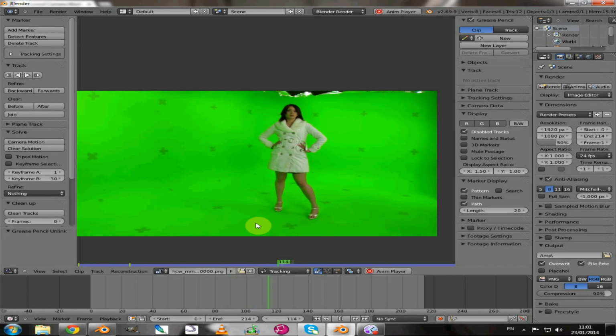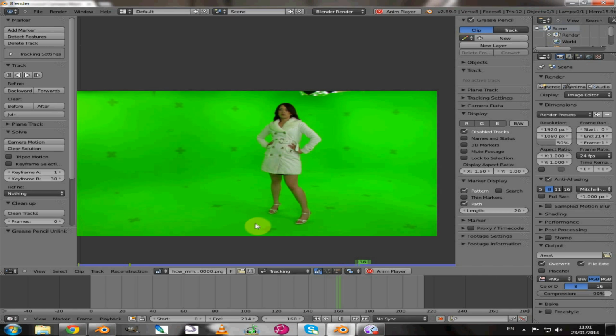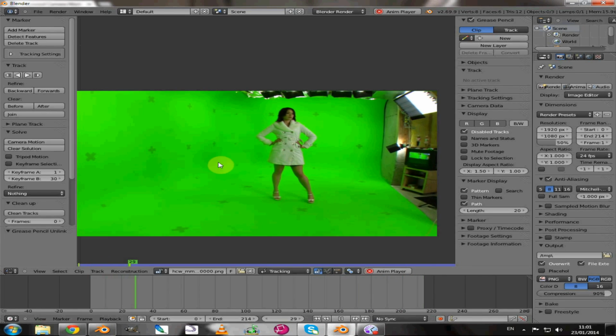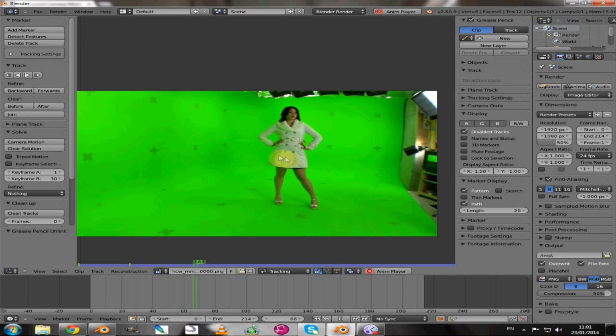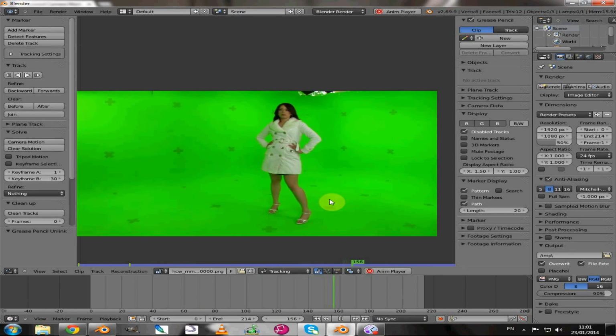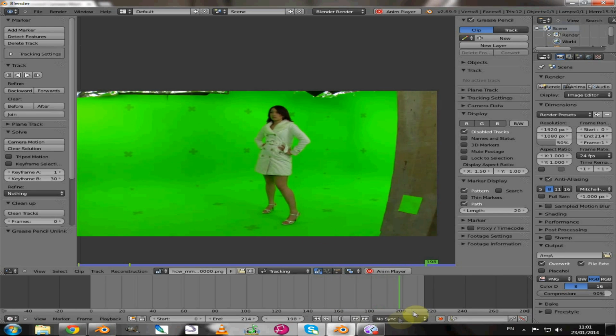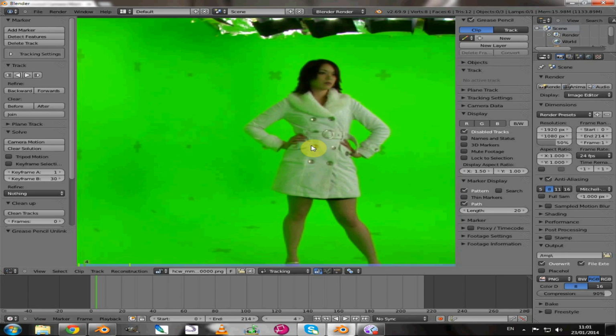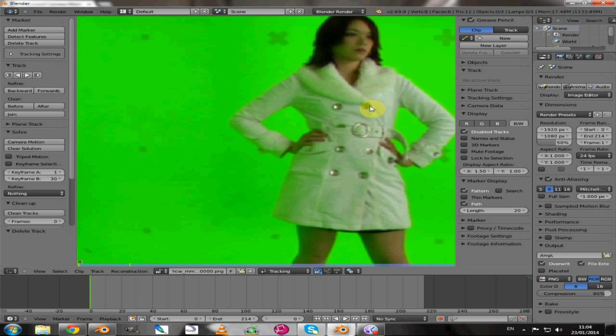You can see the girl's just stood on the green background and the camera's flying around her, like we saw in the preview, only better quality. So now we need to cut out the girl from the background, but we need to get rid of most of the rubbish in the background as well. So we're going to create a mask over the girl, and in order to keep the mask in place we're going to actually track the girl, and we'll do that